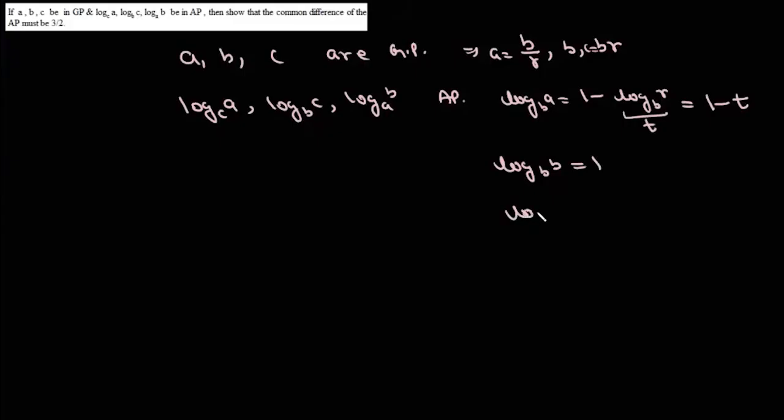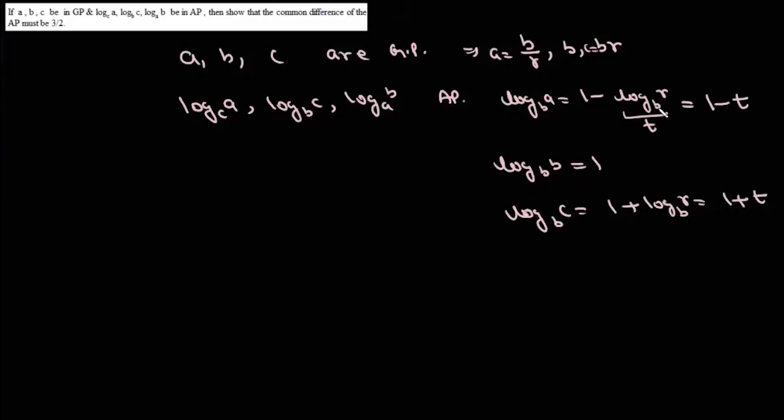And then we'll write log C base B. And log C base B will be log B into R, which is log B plus log R. So it will be 1 plus log R base B, and it will be simply 1 plus T,